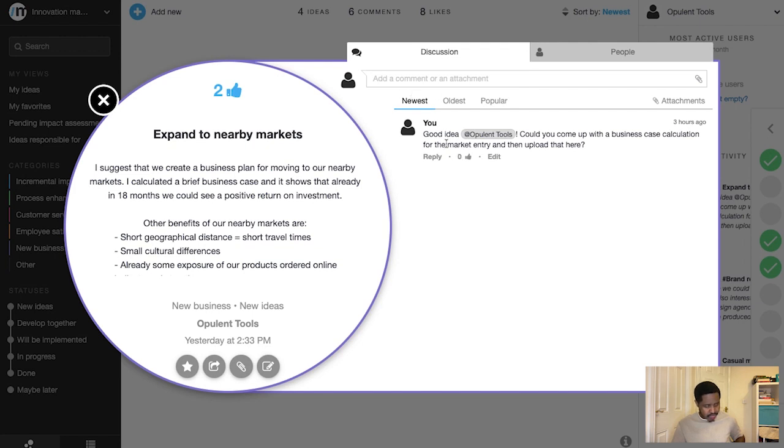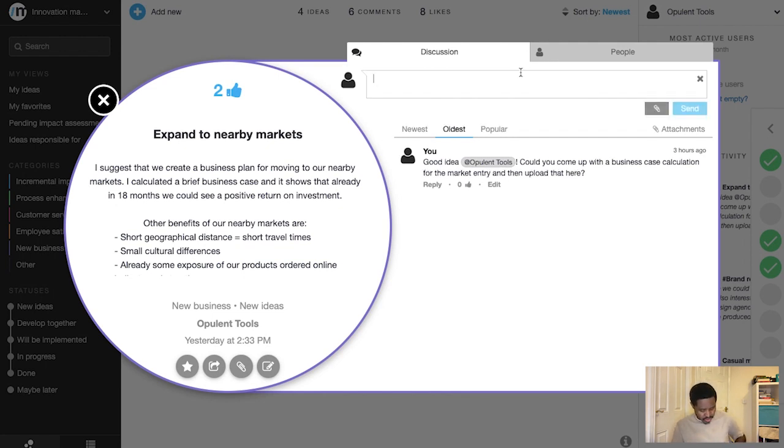And again, it's telling me good idea uploading tools. It's pretending I've said this, but it's someone else who did it. Could you come up with a business case calculation for the market entry and then upload that here? So again, it's essentially a boss or anyone, an employer, sort of telling me, okay, go further with this. And of course, you can add a comment here as well,